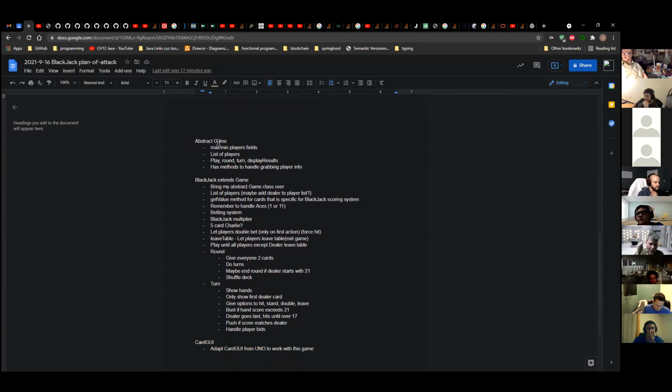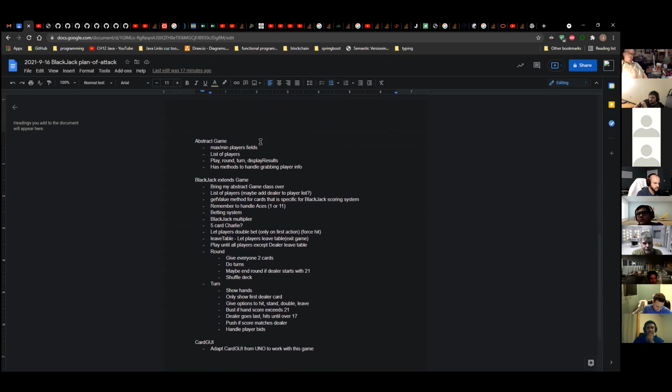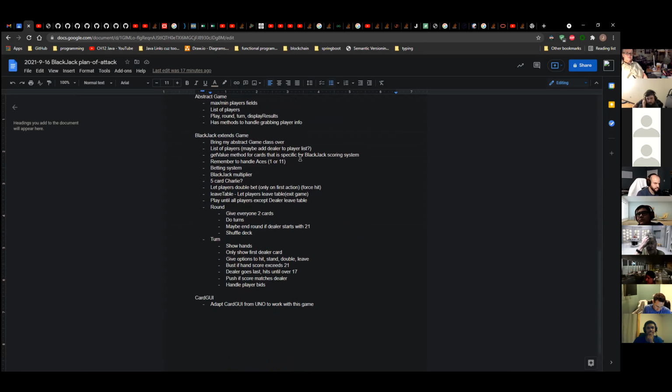And then I have my abstract game that's just going to handle getting the players and stuff, so I don't have to redo all that logic. Just going to get their names, then get the amount, and then just add them. Good. Yeah, and the actual game,